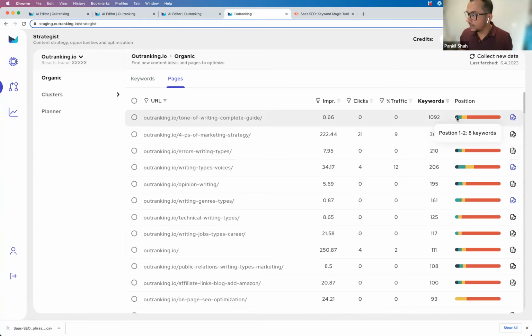And it is ranking for 8 keywords in the top position, right? So I know that this page is a very strong page, and I can use this to optimize and bring more traffic for some of the other keywords. So I can build internal links for this and improve page authority, so the overall average position for most of these key terms rises, right?